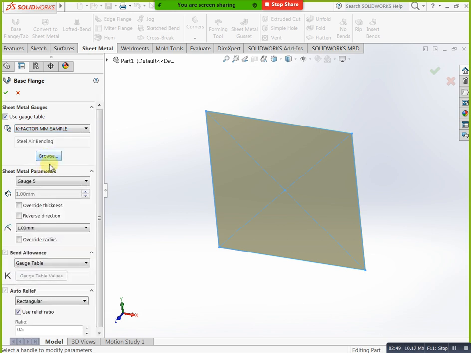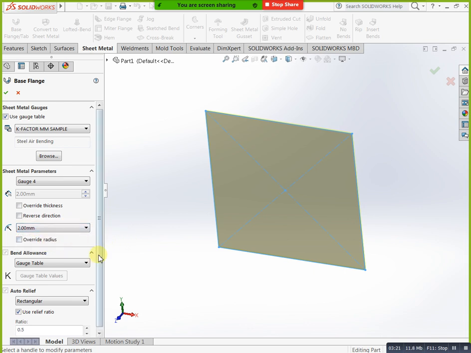Now you can see gauge 5 is there and gauge 4 is there. Already told yesterday, as your gauge number increases, your sheet thickness automatically decreases. For gauge 4 we have 2 mm thickness. For gauge 5 we have 1 mm thickness. I need to take gauge 4, 2 mm thickness. If you need a radius, 1 mm is enough, you can go with 2.